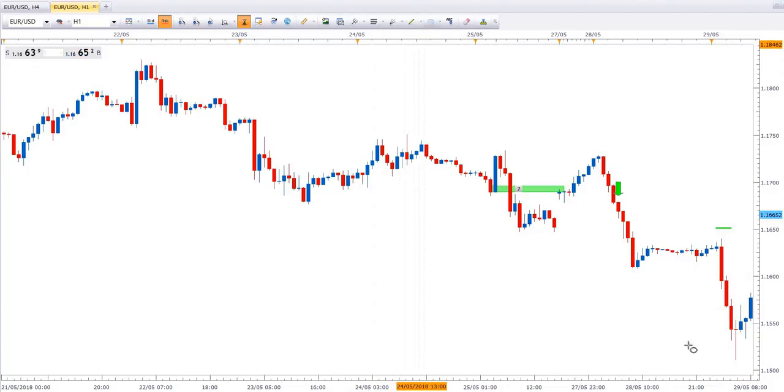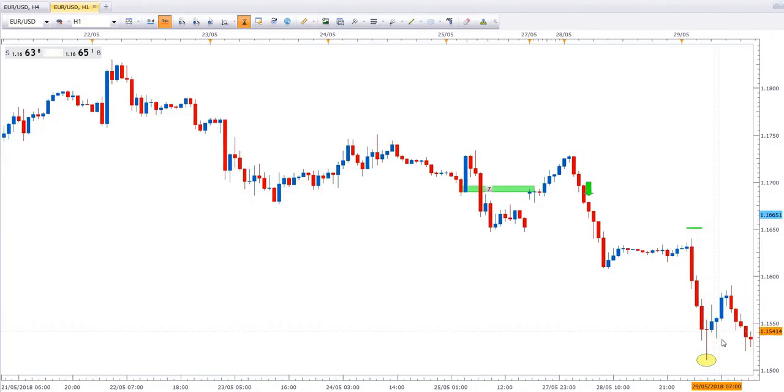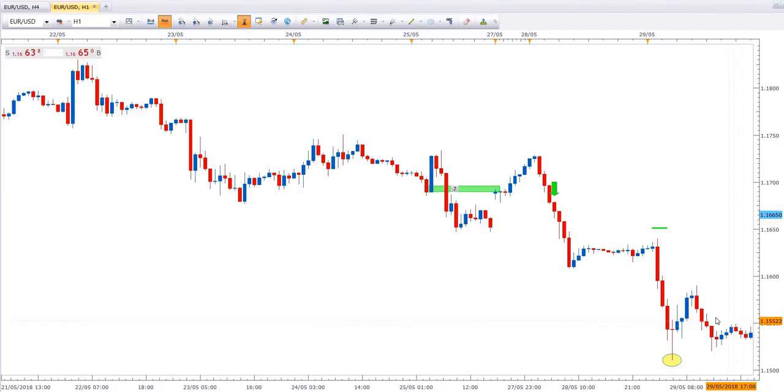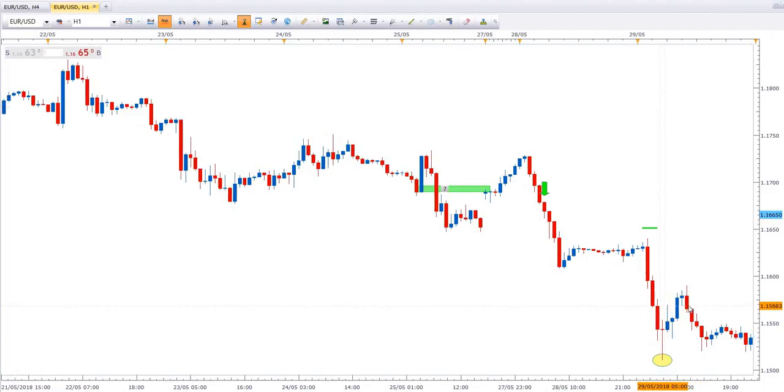Then the price comes down and makes this low here, and then the price moves up, and at this point here I decided to make a small change to the trading plan, which was: if the previous low was broken, then set your stop loss 10 pips above the previous high. What that originally was